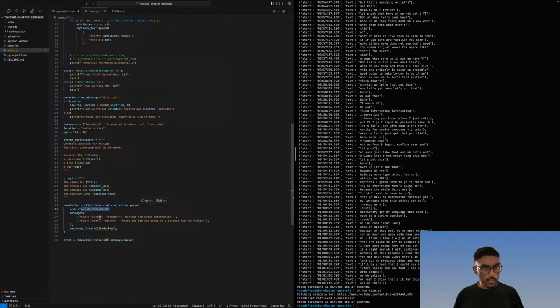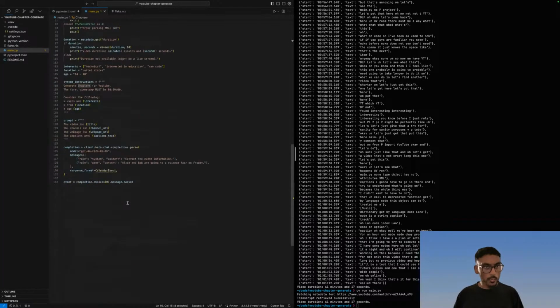It's going to take this system instruction and this prompt. So what we're going to do is say, hey, we want our response to be in this chapters output. We want the system instruction to be system instructions. Yep. And we want the prompt to be prompt. And what is this telling me to do here? Okay, cool. Sure.